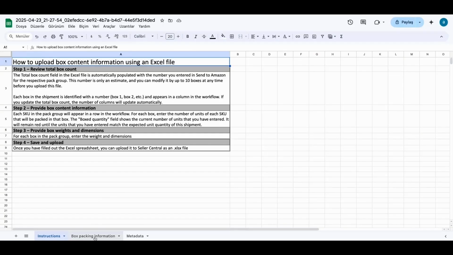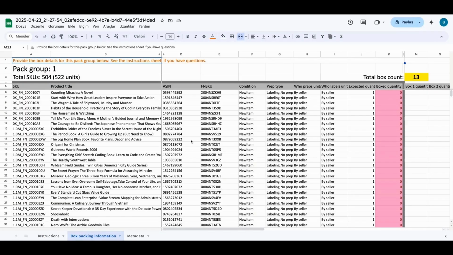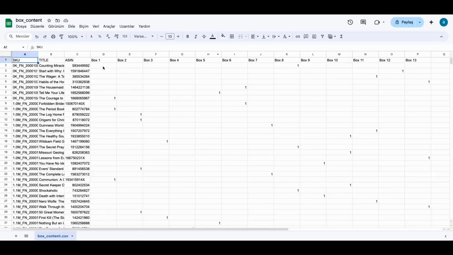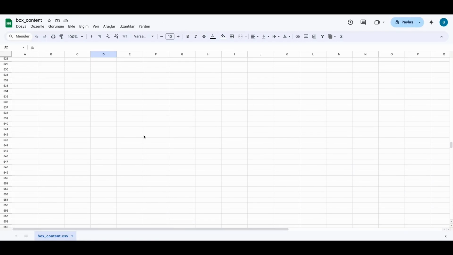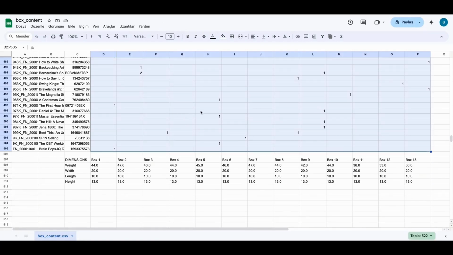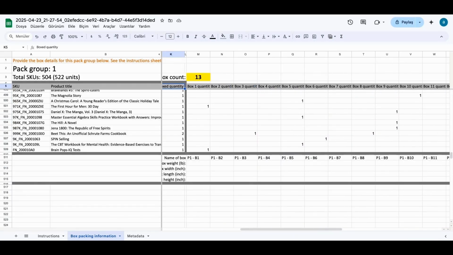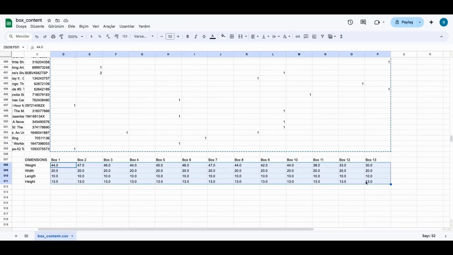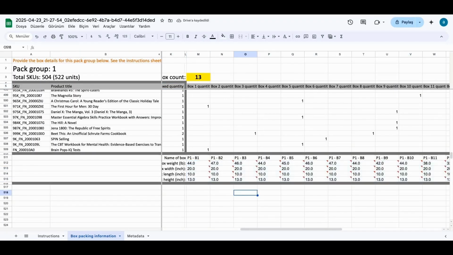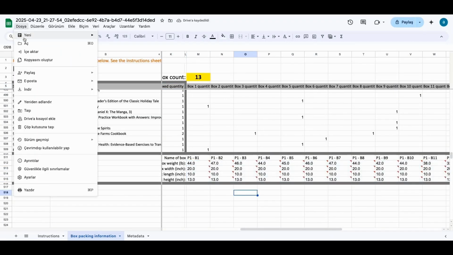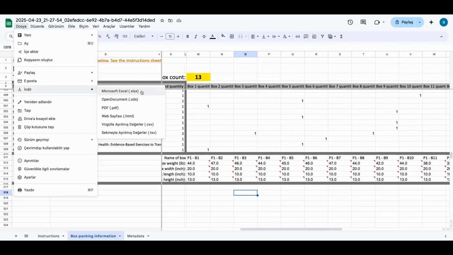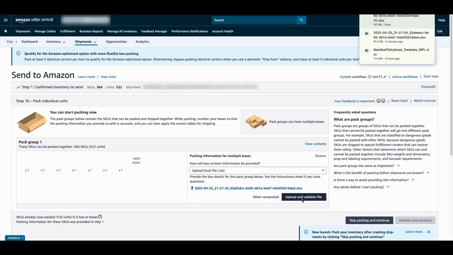Go to the Box Packing Information tab. Copy the relevant information from your box content file into this template. Also, copy the box dimensions and weights into the appropriate sections. Then, download the updated file in Excel format. Go back to Amazon, click Upload and Validate File. Select your updated file,